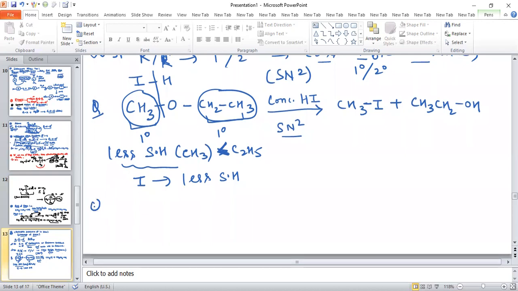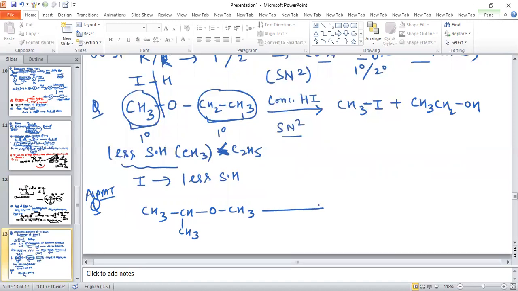See another question related to this. This question has been asked in AIPMT. See, if this is like CH3, CH, CH3, and O, and CH3,